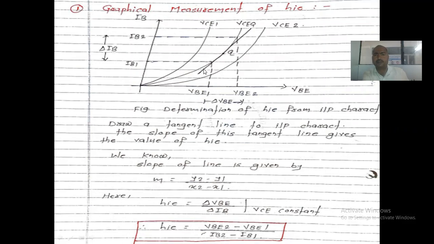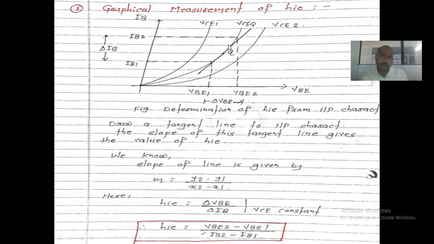Because the HI value is an input impedance, and for input impedance we have to operate the transistor by applying the VB versus IB at the quotient. Quotient indicates the minimum current applied to the device, which gives you the value of the input impedance, right? So in this case, what we have to do is draw the tangent, that is the slope line.